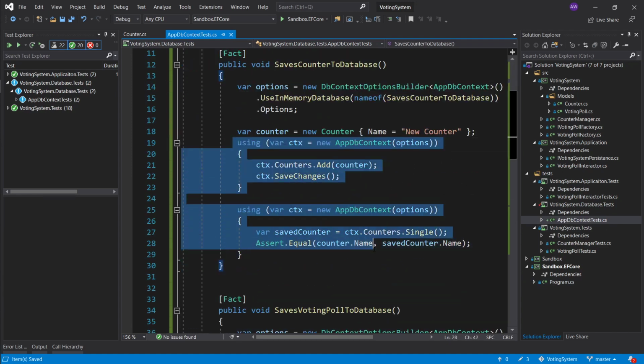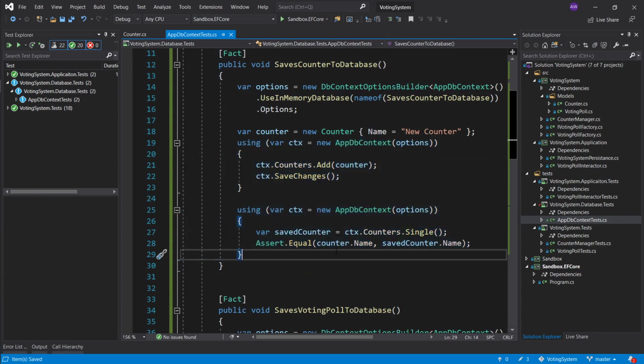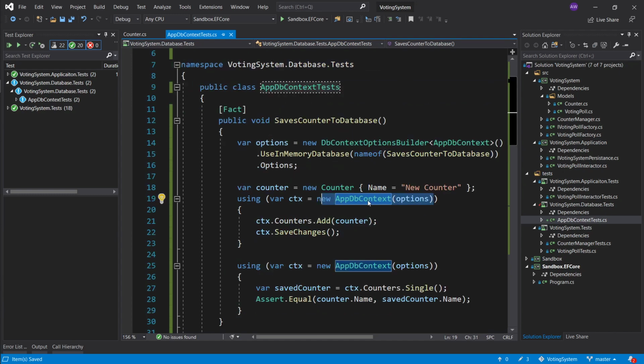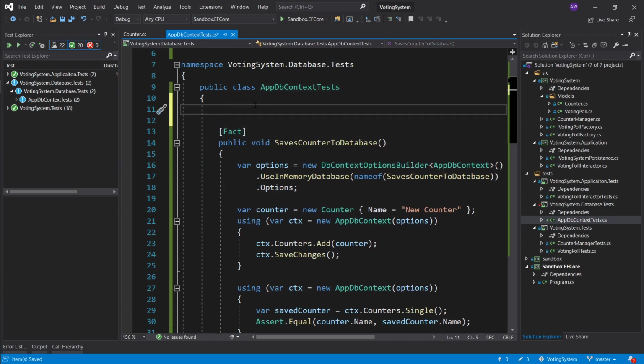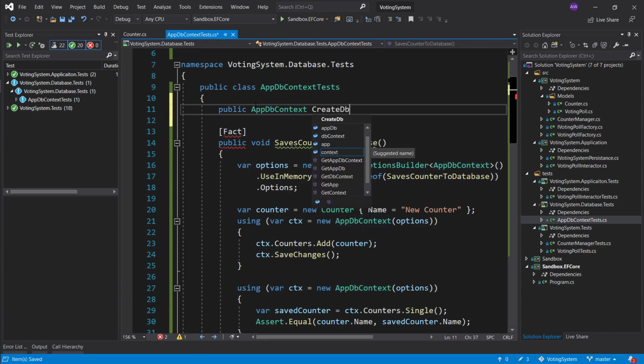Now, this isn't really repetition. We can kind of abstract this into its own little thing, and it's probably worth it. Really, it's this part here, creating the options and passing it to the constructor, right? So what we want to do is produce a new appdb context with the correct options. All right, so let's go ahead and create a public appdb context, so a function that will return, right? Create db context,